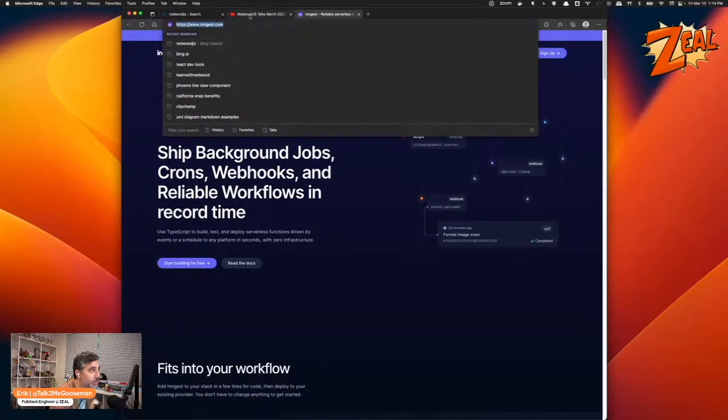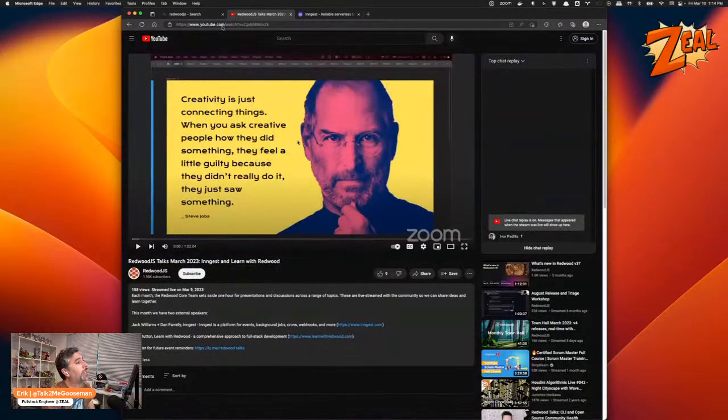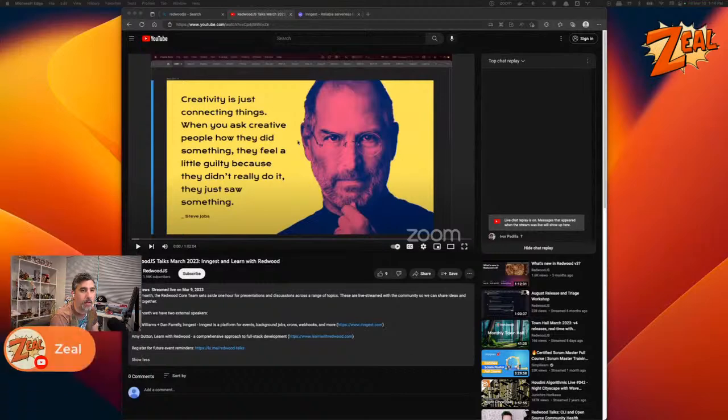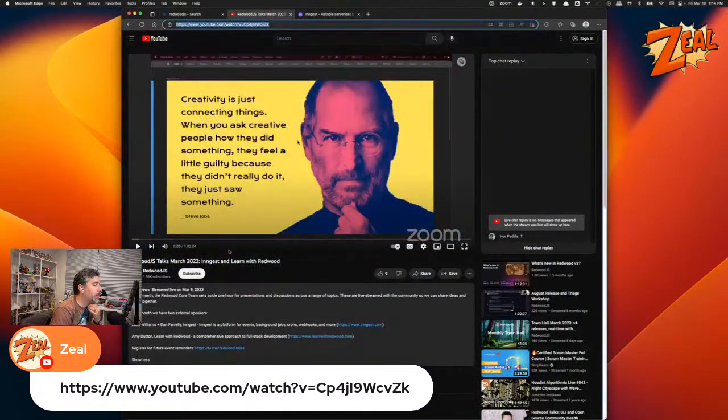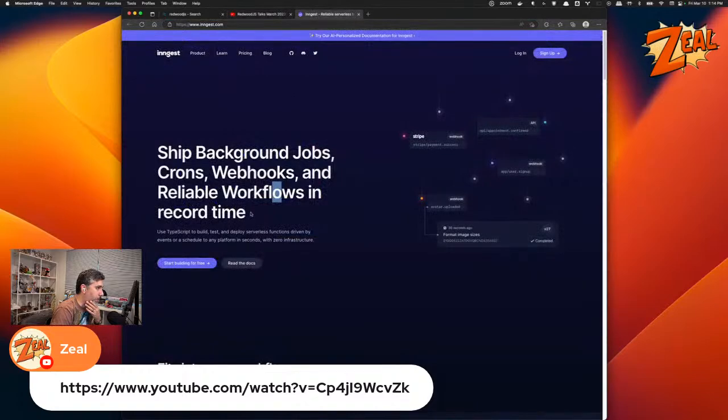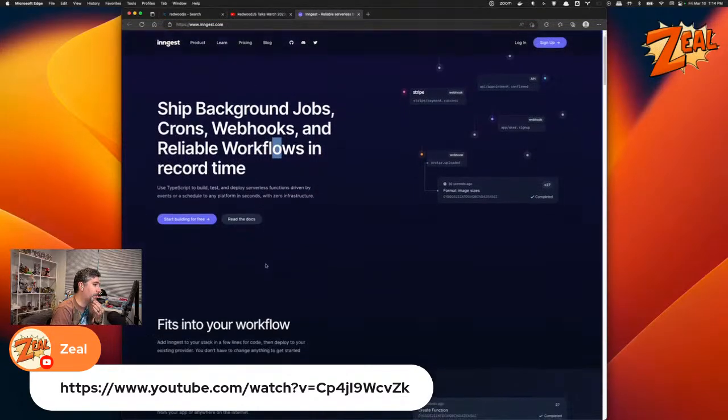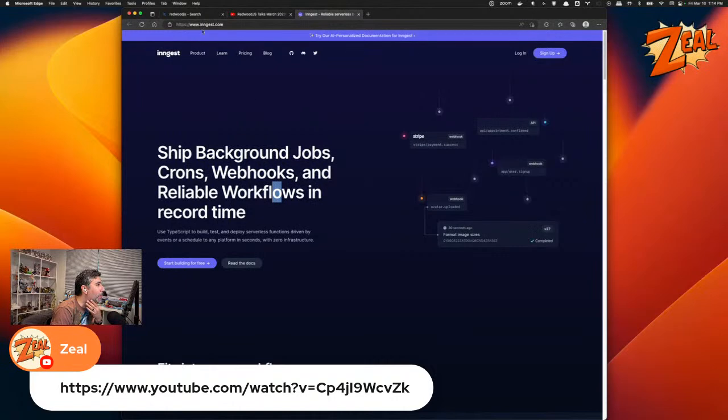do it enough justice, but I highly recommend checking out the RedwoodJS talk for this month. Throwing it in the chat, and I'll go ahead and post the link up on the screen, to look at Amy's talk and also look at Inngest. And the cool thing about the work with Inngest too is that there already exists an integration for Inngest too. So